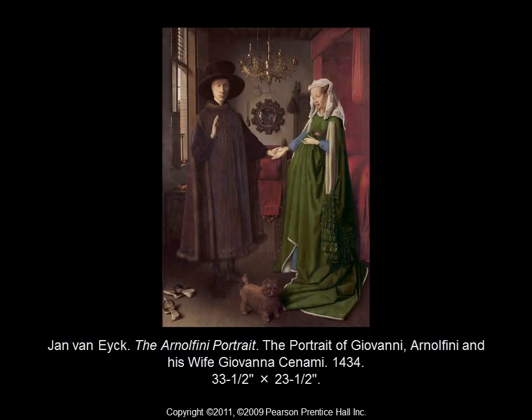We're now moving away from the High Renaissance. We're going to go back a little in time and start with the Renaissance in Northern Europe. Jan van Eyck was a painter from Flanders. Flanders was where now portions of modern-day Belgium, France, and the Netherlands are. He was one of the early pioneers of oil painting.